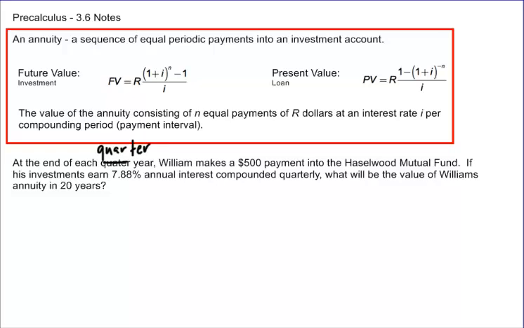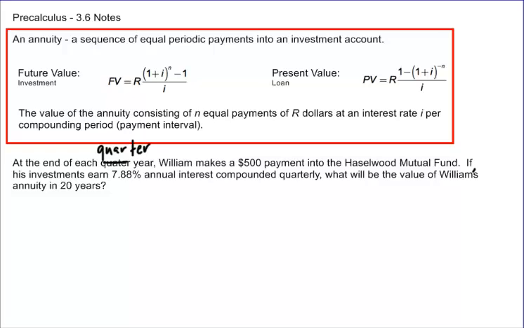Let's see. At the end of each quarter year, Rowan makes a $500 payment to the Hazelwood Mutual Fund. If his investments earn 7.88% annual interest compounded quarterly, what will be the value of William's annuity in 20 years? Basically, what we're looking at is 4 times a year, William is going to pay $500 into this